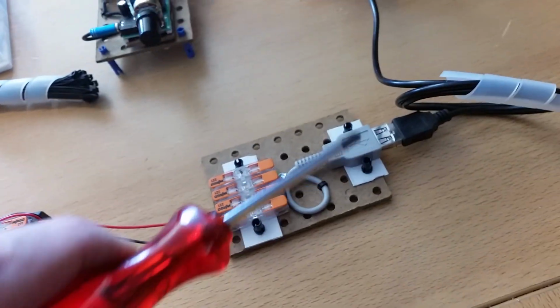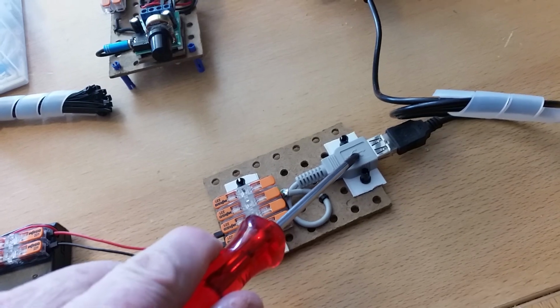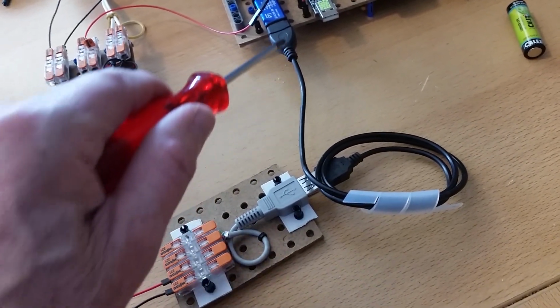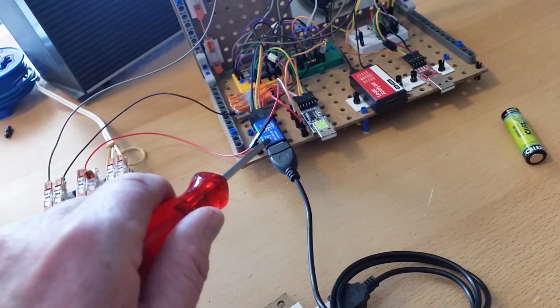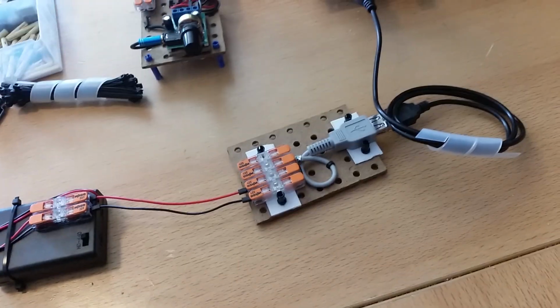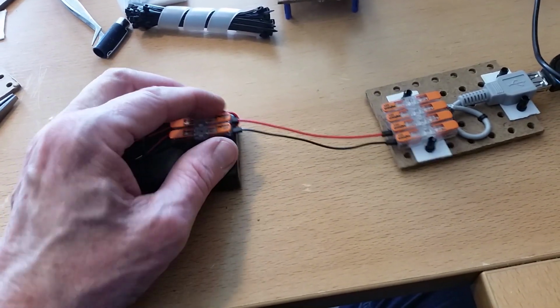But anyway, it is a USB female. You can put in a USB cable that goes to the interface, and it is powered by 4.5 volt. And if I switch it on,